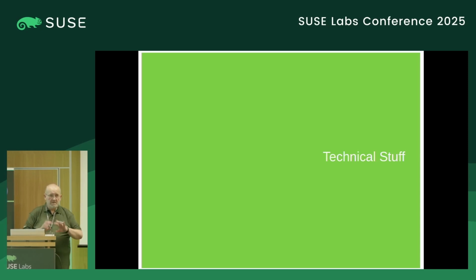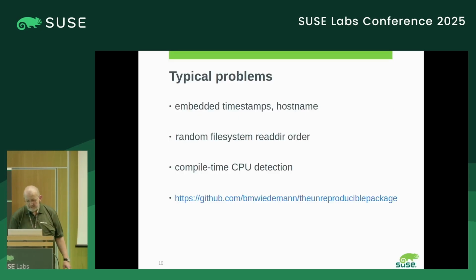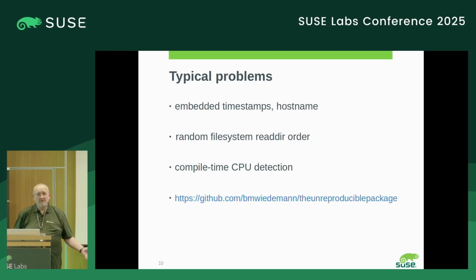Okay, this was the marketing part, and now the technical stuff. What are the typical problems? The typical problems in software fall into different groups. One of them is that build systems, like human beings who put their initials on a tree, love to leave traces. So you will find embedded timestamps and host names in software. The other thing is that read-dir order